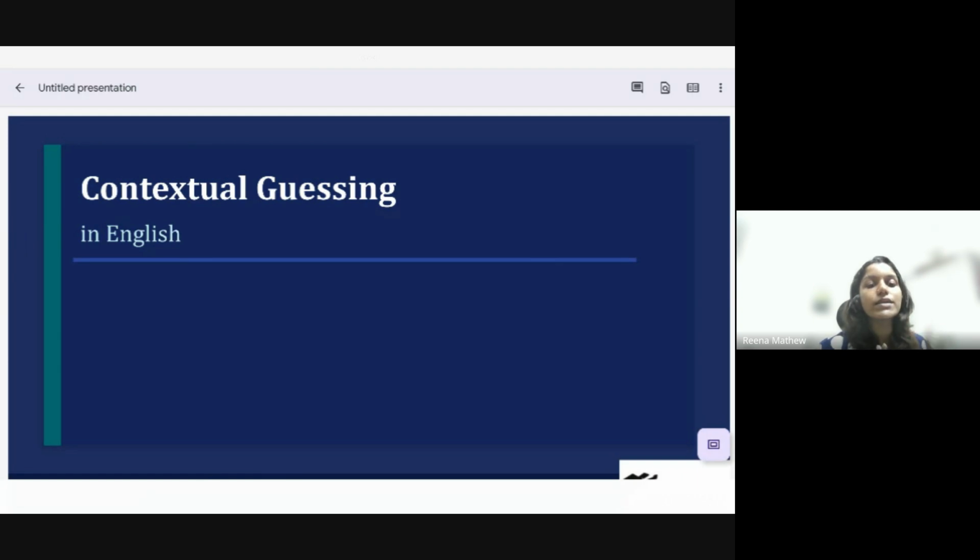So context matlab kya hai? Sandarbh, right? So you might not know all the words, but according to the situation or the sandarbh, that is the context, I will teach you some tricks for you to guess those words to make meaning of the passages or questions. Okay. So for that, we'll start with a game. I have given you 2 sentences. So in the first sentence, if you read, the desert camel is